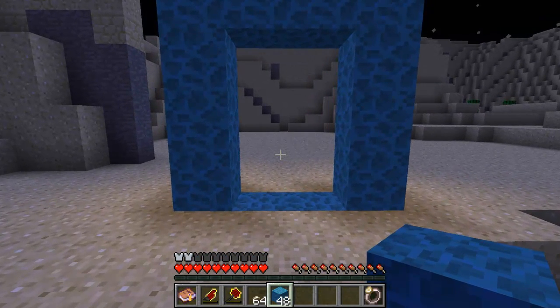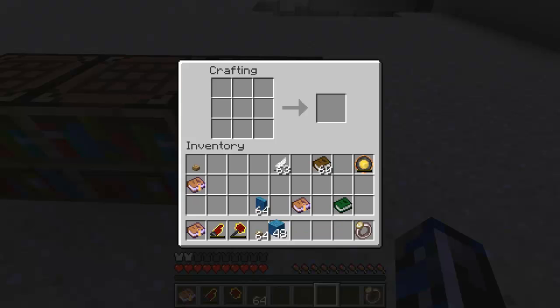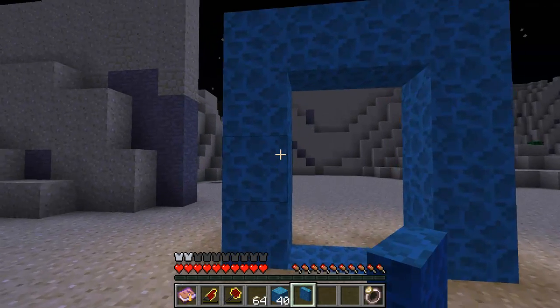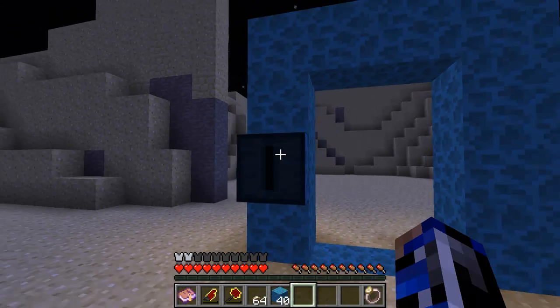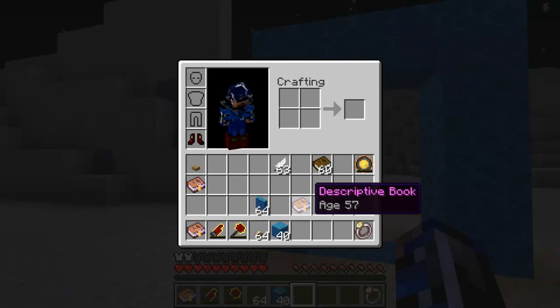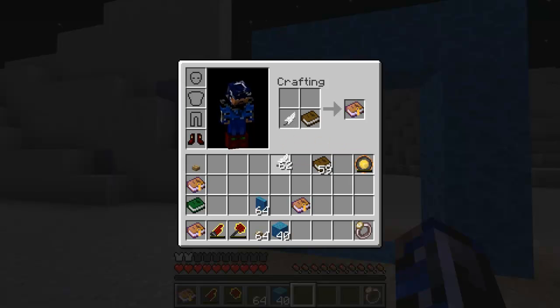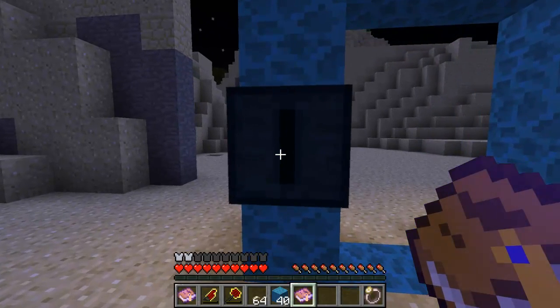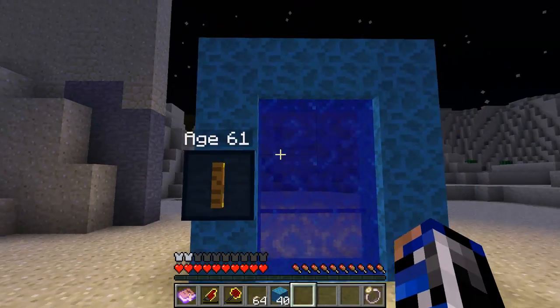Well, it's quite simple. If you take your crafting table and take 8 crystals, you can craft them like so to make a book receptacle. What you want to do with this book receptacle is to place it onto your portal. Then you take any form of book, let's go with a new one. Take any form of book whatsoever, descriptive or linking, and put it into the receptacle. What it will do is